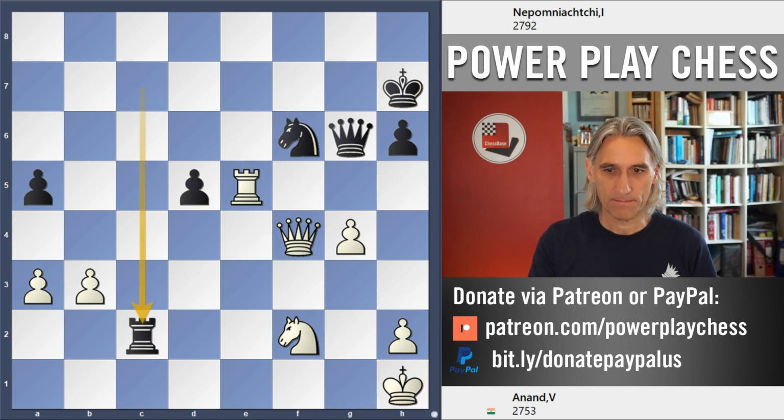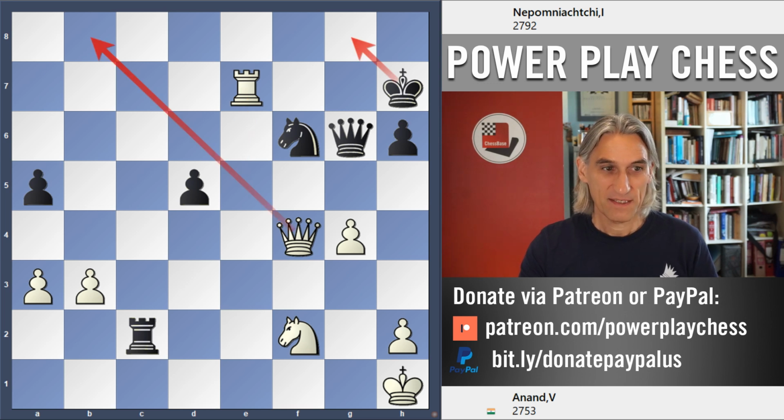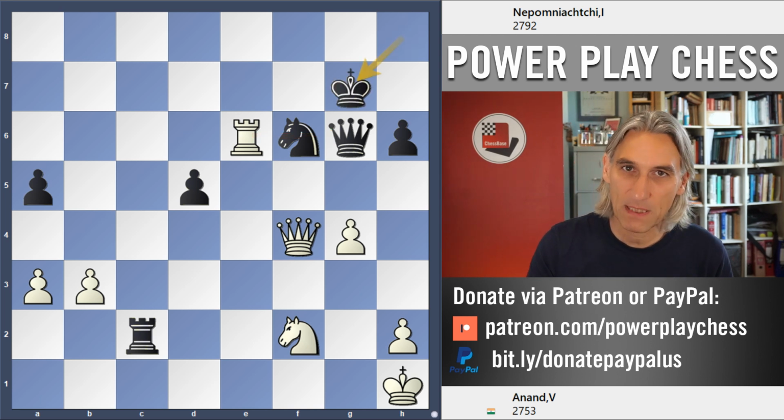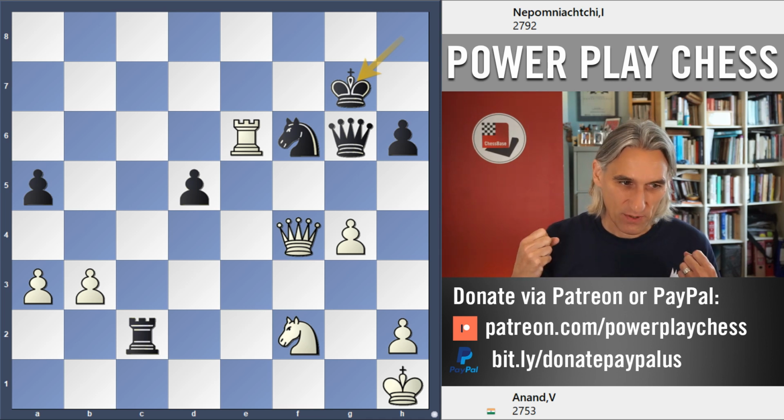Rook takes c2. Rook e7 check. Well, that's a tricky move, because if the king comes back here, then queen b8 is immediately decisive. So the king comes back to h8. Rook e6, pinning, pin and win. We like that. King g7. So it's all about keeping black tied up, which just makes it very difficult for black to do anything really